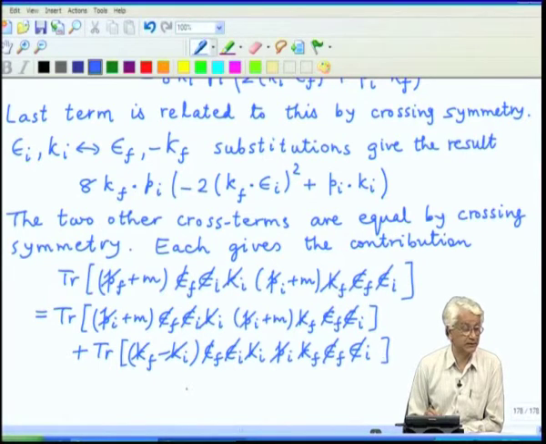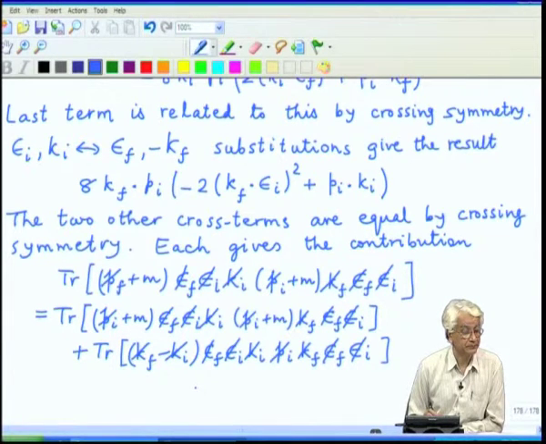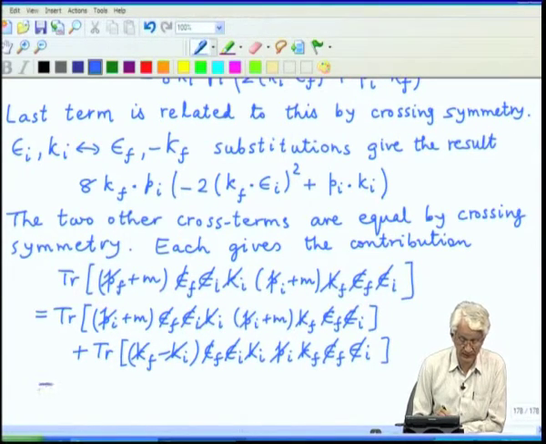till all the traces basically come down, and I will only write down the final answer. The rest of the stuff is an exercise. So, that result is